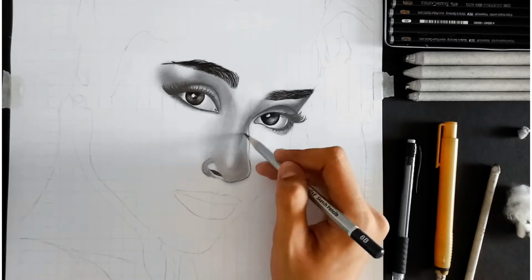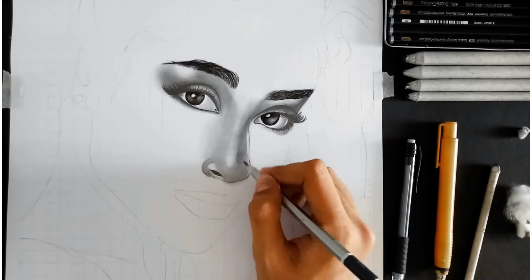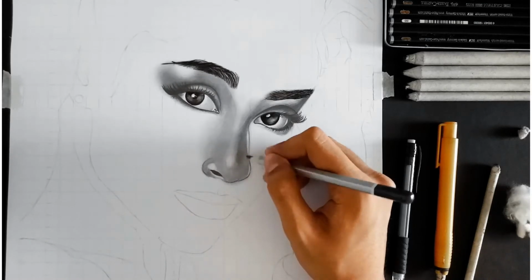Now using a 6B pencil I will shade one more layer. Always shade from light to dark and layer by layer.